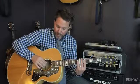Technically, you can do that, but you can also move this around a little bit as you need it. So first, second, and third. Again, there's no perfect technique. These are just techniques that you'll find different players using, and here's why they work. Okay, so for instance, if I wanted to play this lick here,